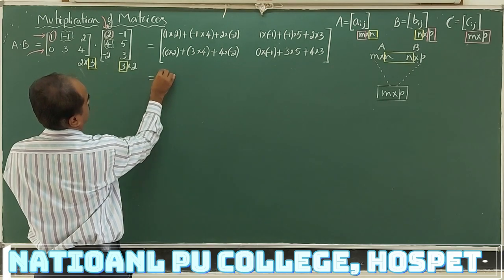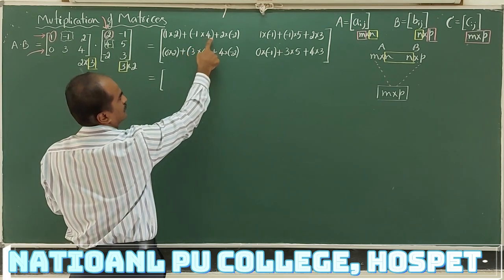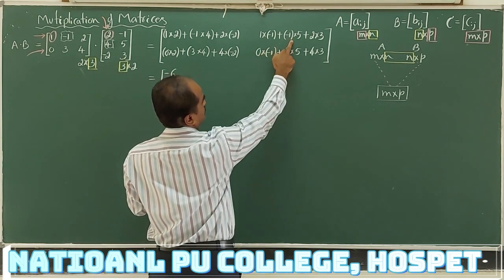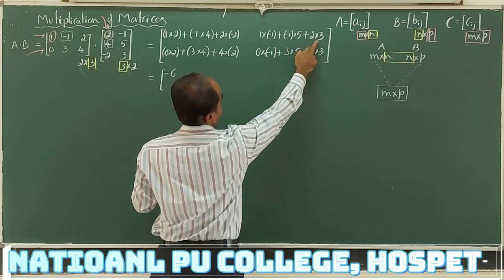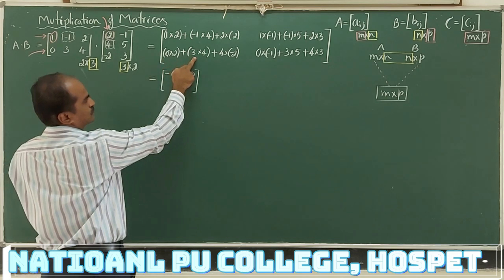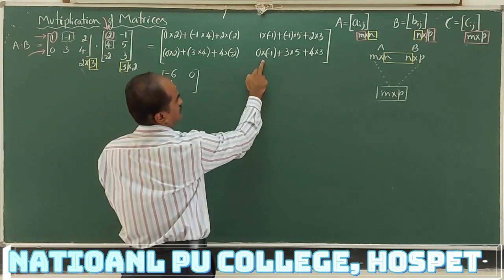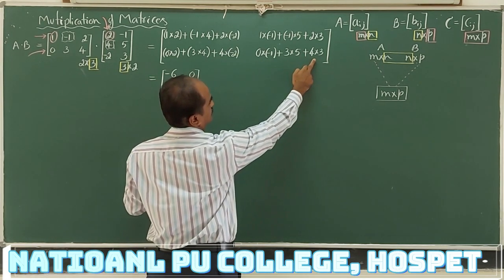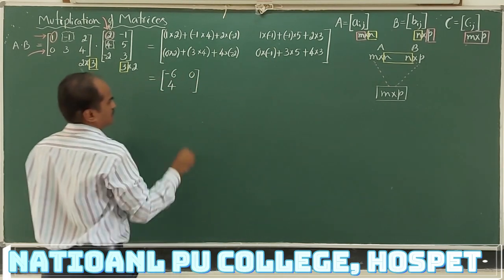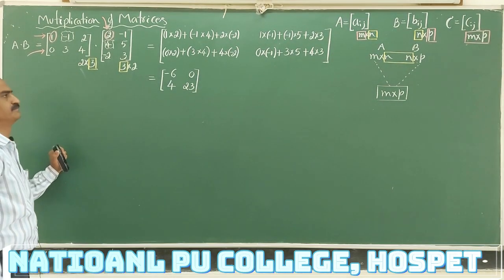Let us simplify this. It is 2 minus 4 minus 2, minus 2 minus 4 minus 6. Minus 1 minus 5 minus 6, minus 6 plus 6, 0. 0, 12 minus 8, 12 minus 8, 4. 0. 15 plus 8. First term 0, 15 plus 8. That is 23. I hope you followed this.